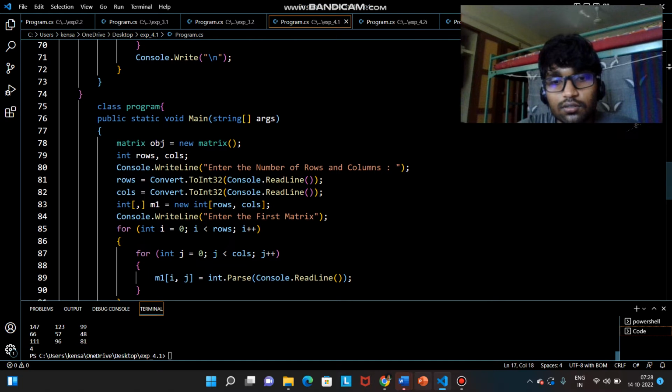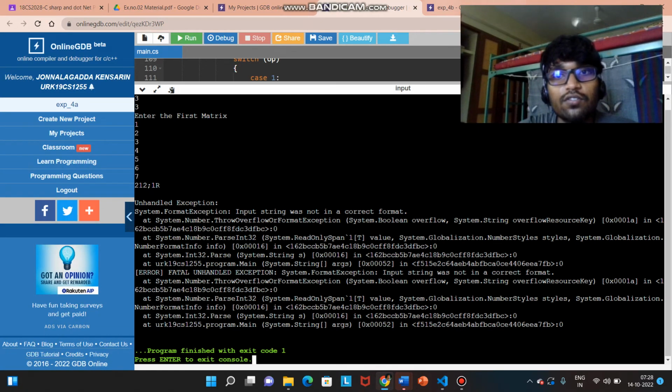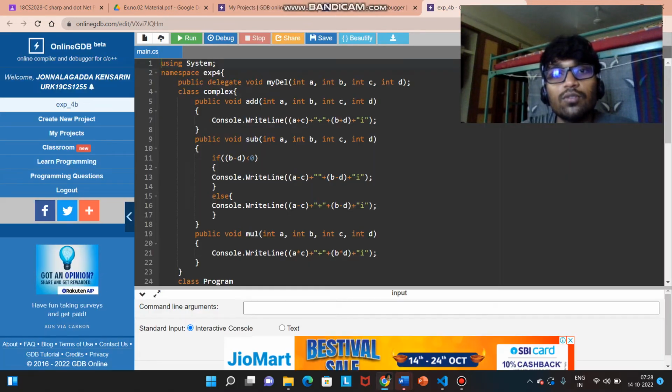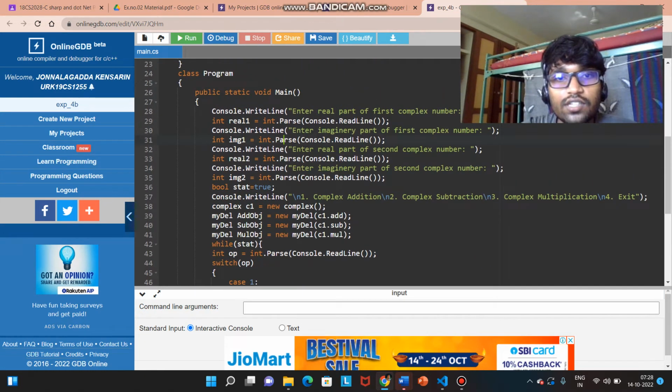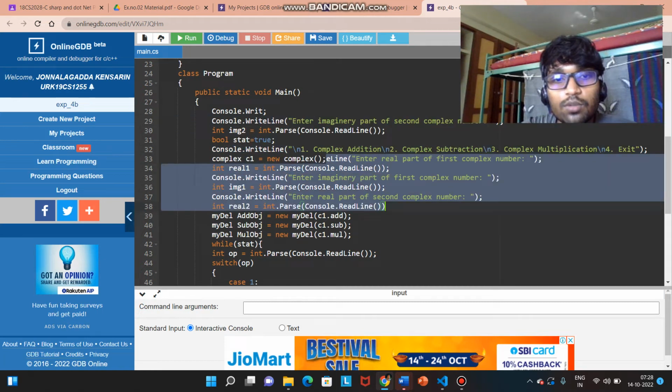And now we'll come to the second question in delegates and events, that is to perform the complex operations using delegates and events. So this is the delegate declaration here that takes 4 inputs, the real part and imaginary part of the two complex numbers. And here I have read the input from the user,